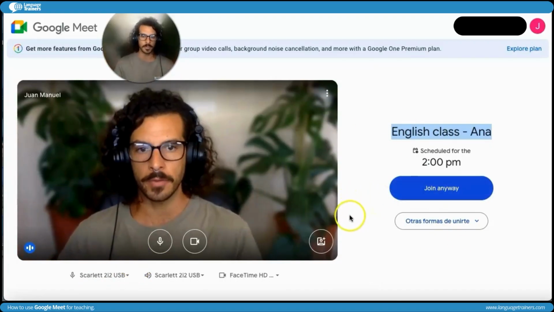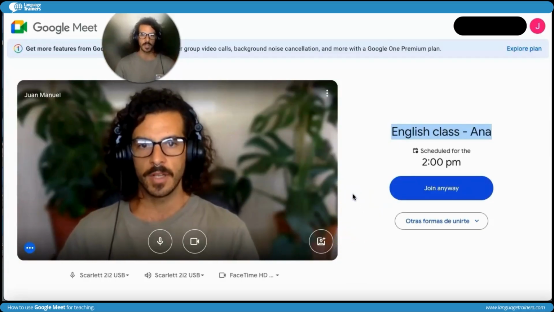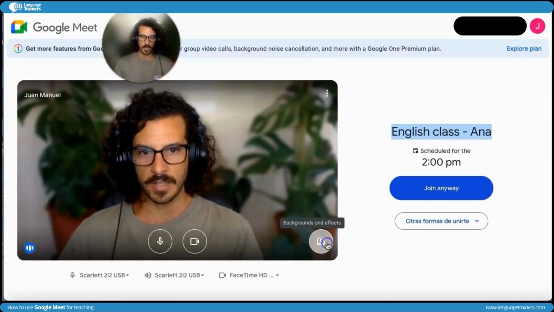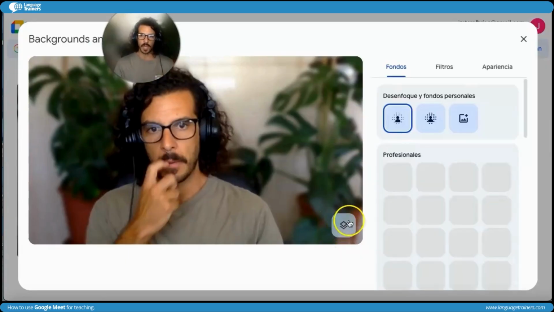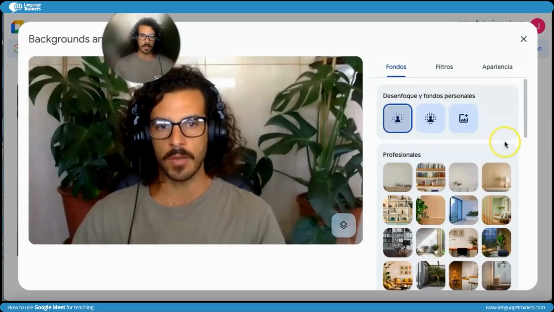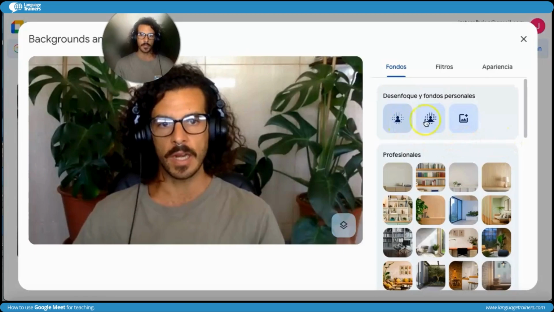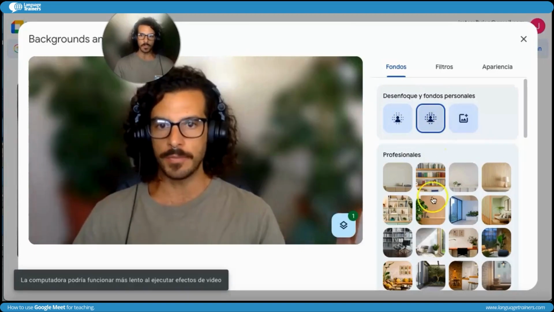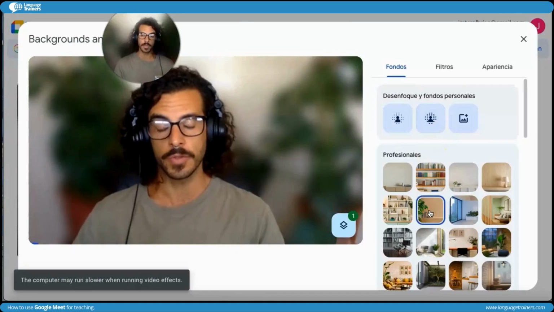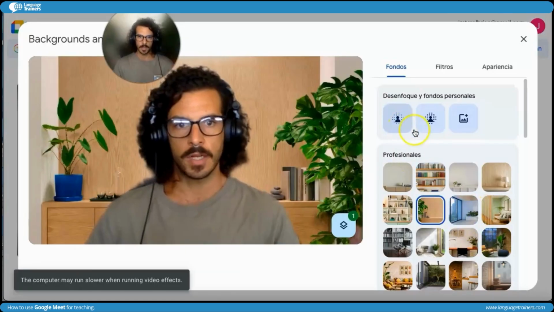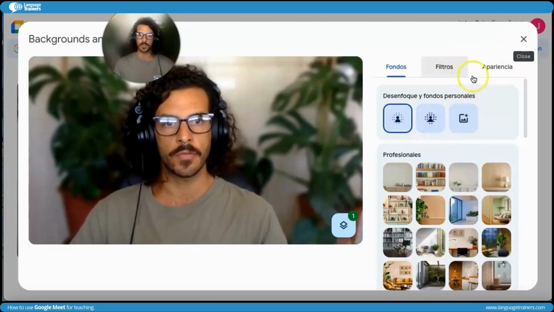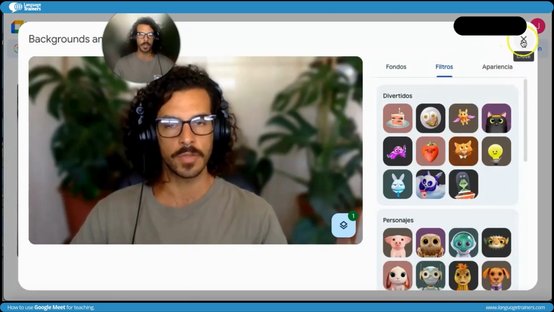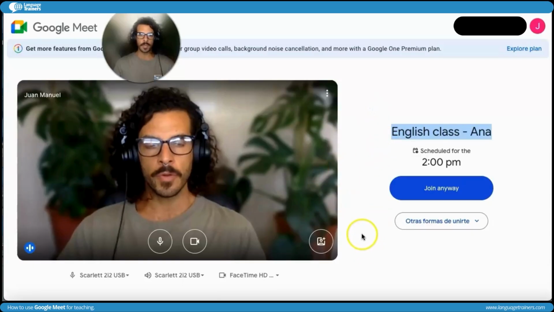So our background, it always works to have a couple of plants behind you like I do. Otherwise, you can just hit there on the bottom right of your camera and choose to blur it. You can turn it off. This is what it would look like. You can blur it completely, or you can choose a completely different background for your call. Let me go back to my slightly blurred background. You can choose filters as well. There are quite a few things you can do. Going back here, okay,